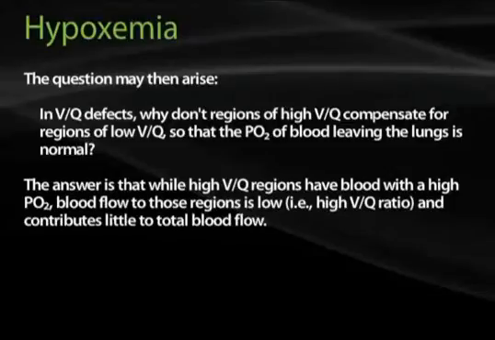Let's go further with this. In VQ defects, why don't regions of high VQ compensate for regions of low VQ so that the PO2 evens out and becomes normal? The answer to this is that high VQ regions have a high PO2, but the blood flow to these regions is relatively low, i.e. high VQ ratio,